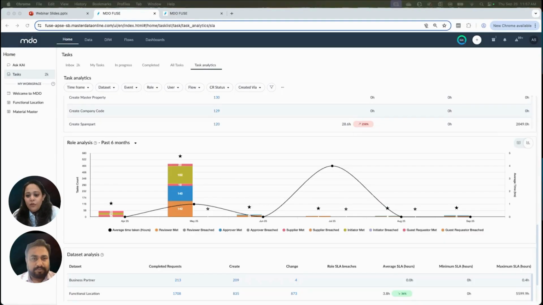For those of you who have joined us for the first time, we have information about these features coming to you in our product newsletters, which are quarterly. We had one sent out to all of you in the month of July. Hope you got that. And the next one should be coming to you in October, which will have more details about all the new features that are coming through, things that have a high business impact, and things that can make using MDO easier for you.